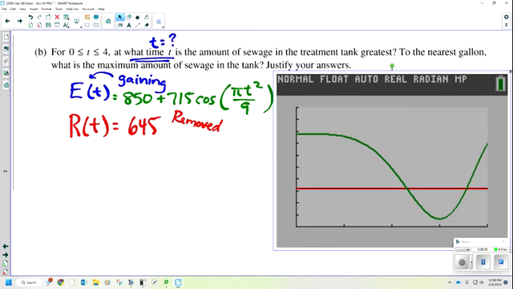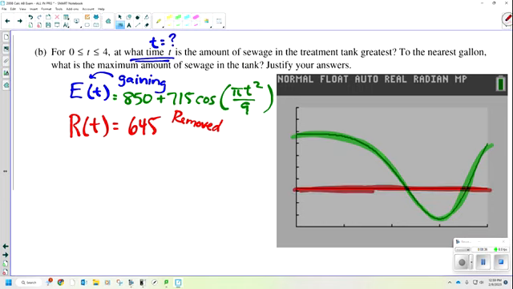First of all, at what time is the amount of the sewage in the treatment the greatest? The green function, this right here that I'm highlighting, is the rate at which sewage is entering this treatment tank. And this red one, I'll do this in red, is the rate at which it's leaving. As long as the green line of sewage entering is higher up on the y-axis than the red,